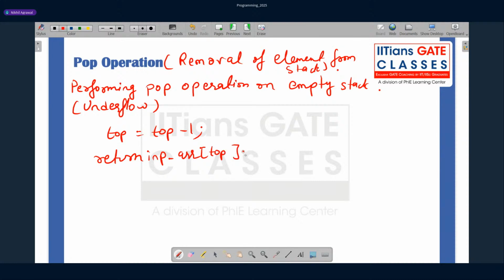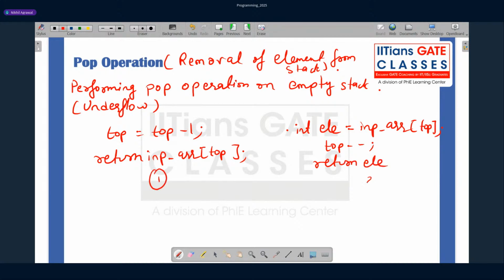And the other: integer element is equals to input array of top, and then I'm doing top minus minus, and then I'm returning element. Which one is correct, students? First one or second one? Quick, quick, quick.